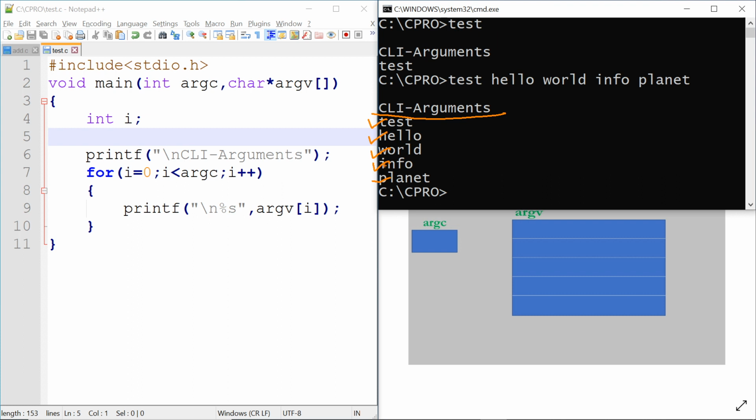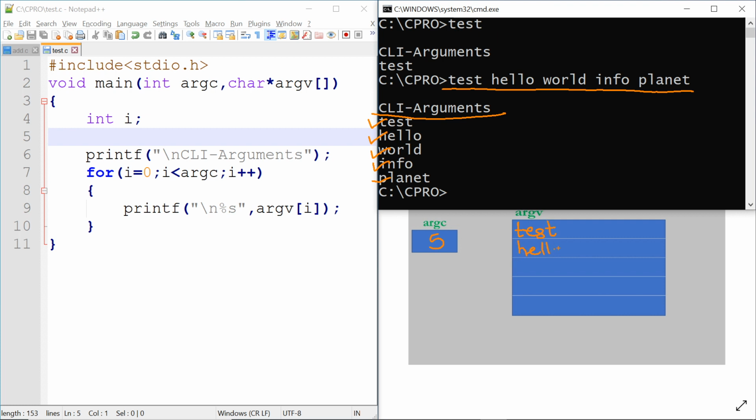What happens? Let us understand the memory map of this. Here it will first count the number of parameters, and the count is 5, so argc will be 5. After this, argv of 0 will be the first parameter, that is the file name. argv of 1 is hello.